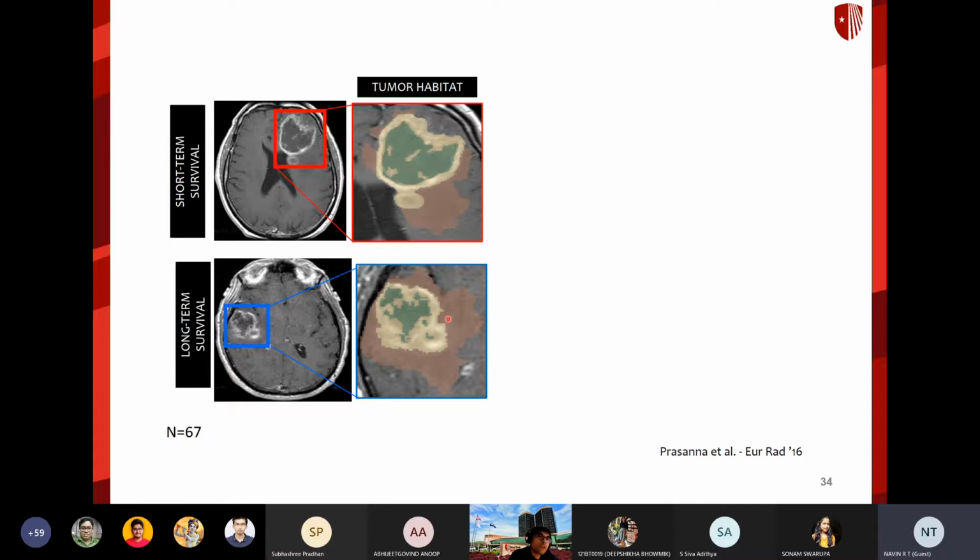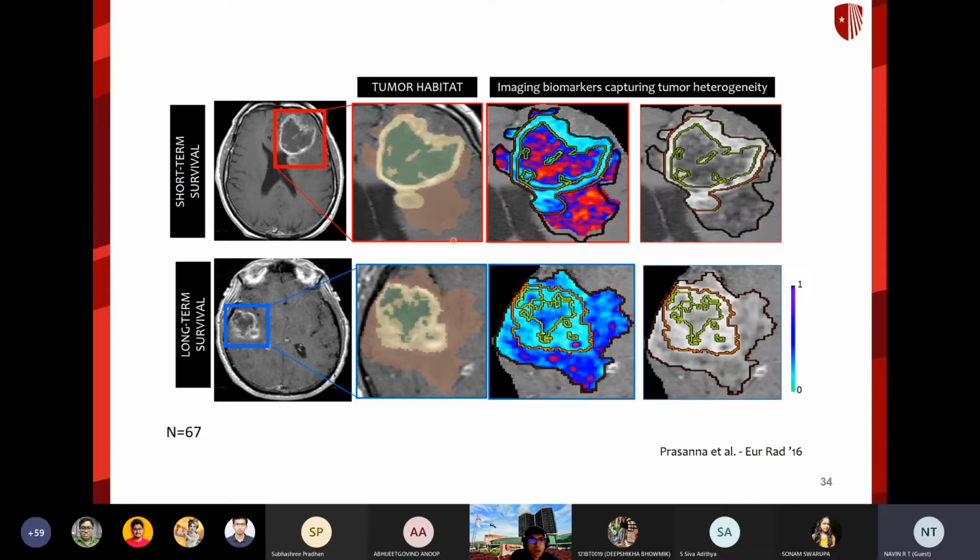Now, typically, when radiologists look at these images, they would first look at the enhancing tumor region, then probably the necrotic core. But the decision is not really based off what happens outside the tumor core. However, when we extracted our radiomic features, we found that there was a clear difference in the expression level of these features, even in the outer peritumoral zone.